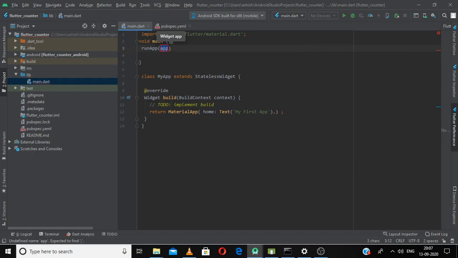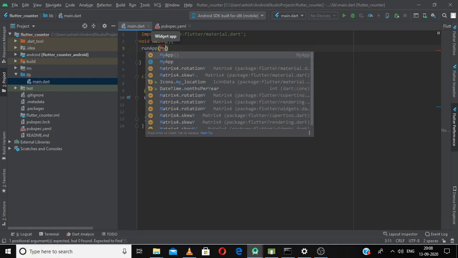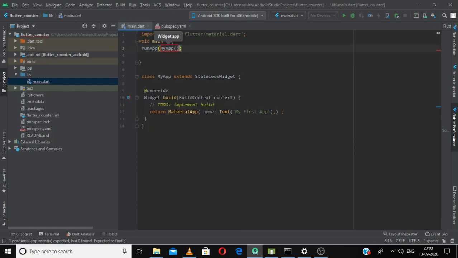This function is defined inside that package, and by the name itself, it is clear that it helps us in running the app. All we have to do is pass the name of the class, and make sure to pass these braces, otherwise it will be a type.